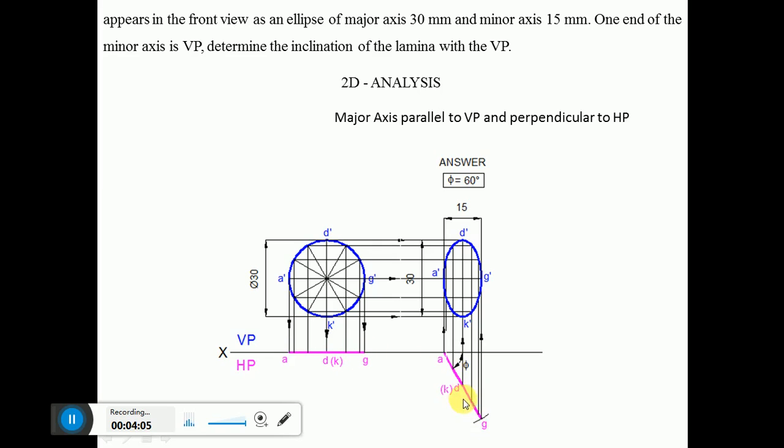Similarly with the same radius from G you cut an arc on this side, you get this point. Similarly measure the length from A to this point. From A you cut an arc on this, you get this point. With the same radius from G you cut an arc, you get this point here. Similarly measure the length from A to D. From A you mark this point and you project this, you get the point directly here.